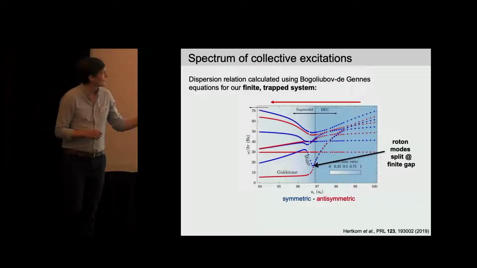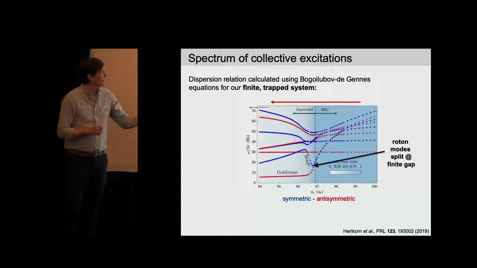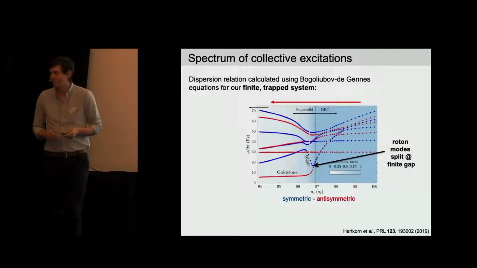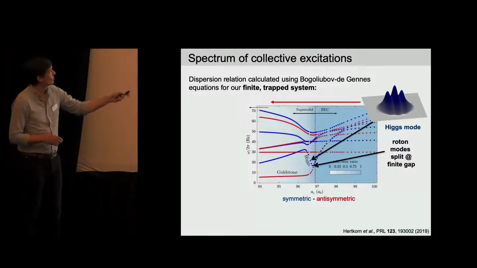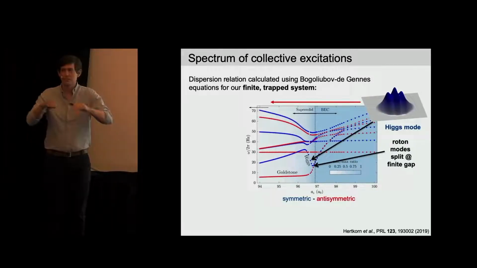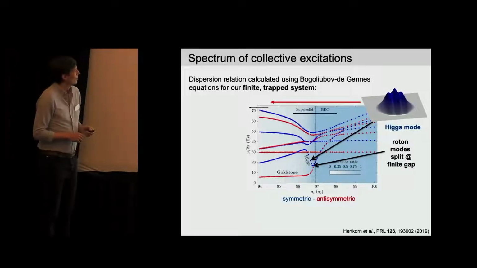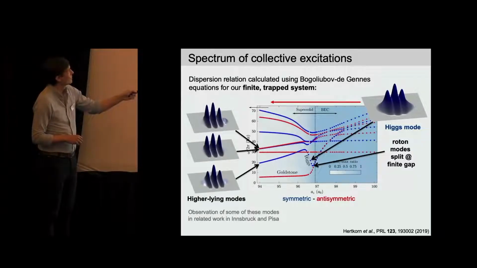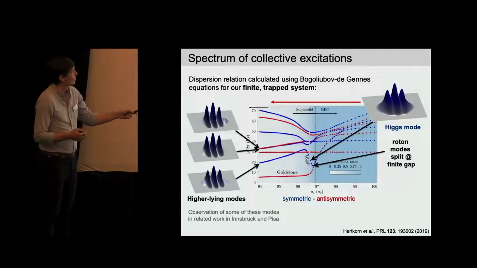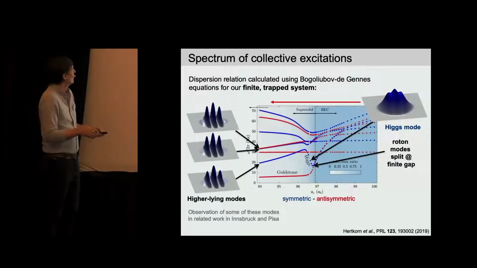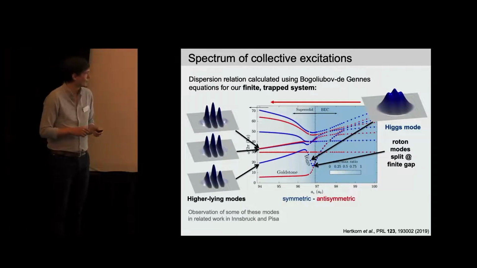Good, then you see, okay, they split now right where we think the phase transition is happening at a finite gap. It's again because it's a finite system, so there's a gap remaining. But you basically get a Higgs mode, which stiffens right away, and you see in the animation really how this is an oscillation between the BEC and the crystal modes. It hybridizes here, so there's no symmetry protecting this in this system here. It just lives for this small range of interactions where there's simply no other mode. And then you get fairly complex oscillation patterns which have been observed in related experiments in Innsbruck and Pisa.